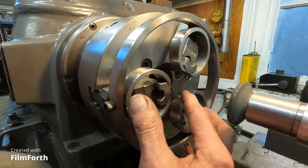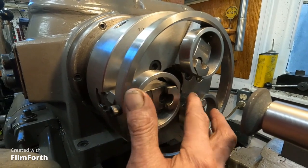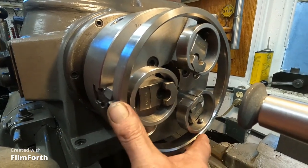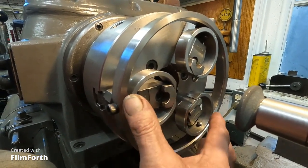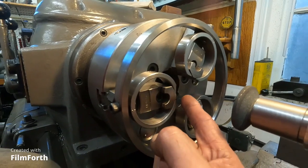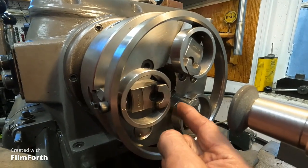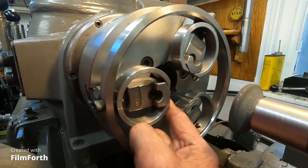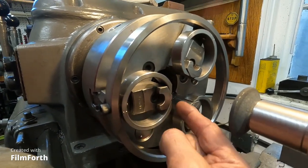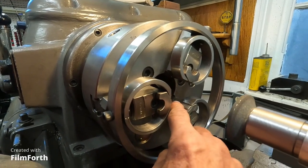So you've got a little bit of control on how much taper you allow the jaws to set themselves at by how much tension you put on this. The more tension, to a point, the more the back of the jaws will protrude in a slight amount, right? Because they're not held by this ring. So if you put something back into the master jaws and grab there, it's going to tend to allow the jaws to rock in more towards the hole